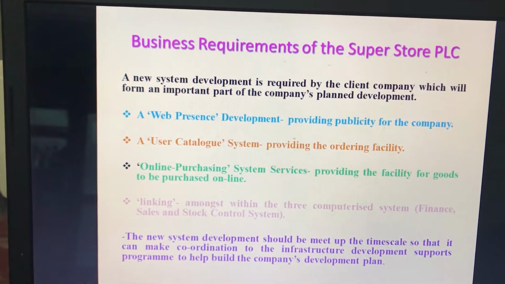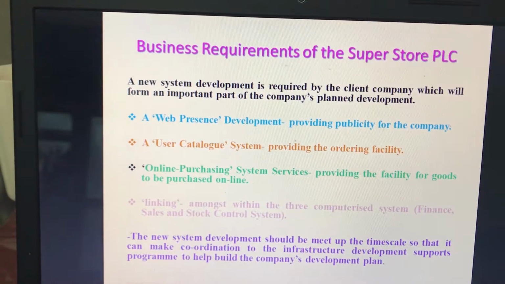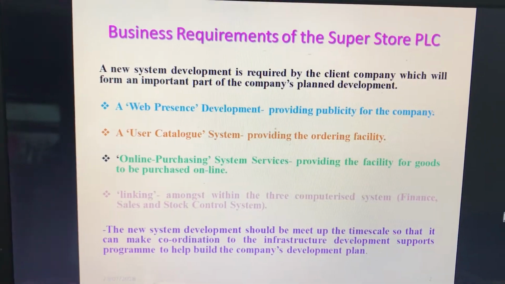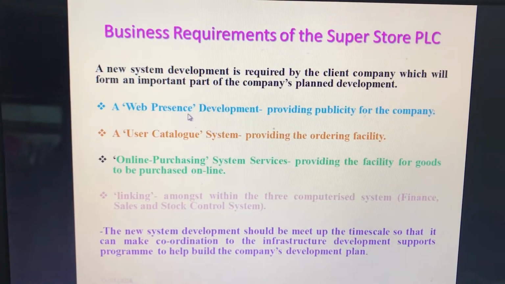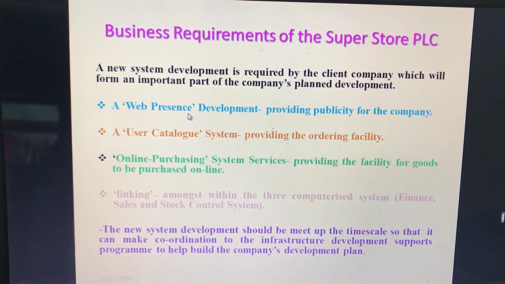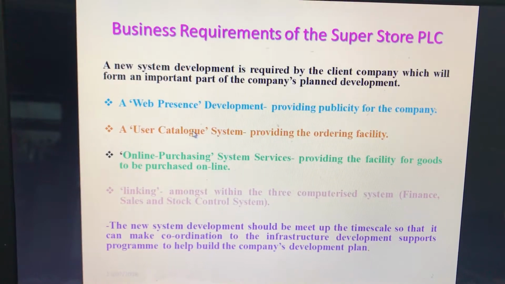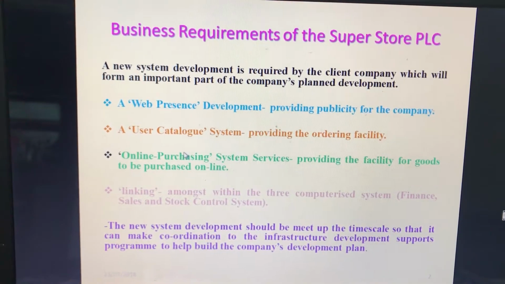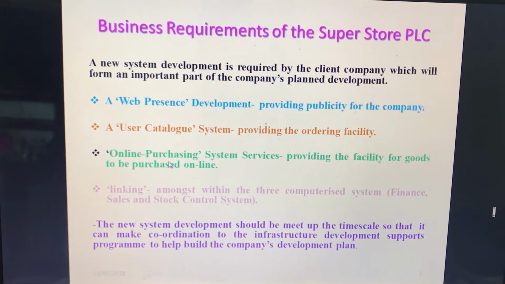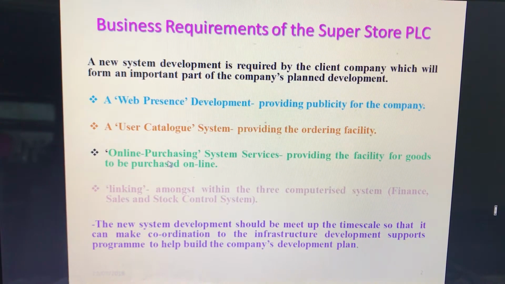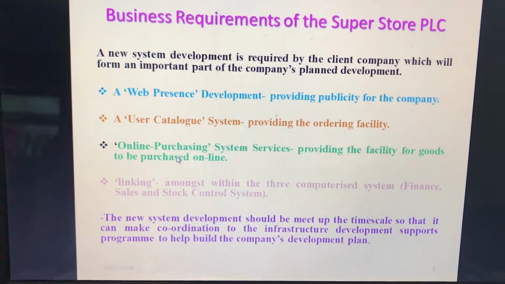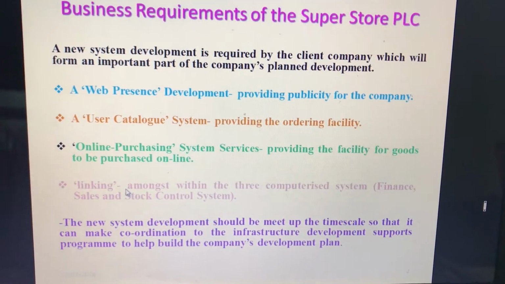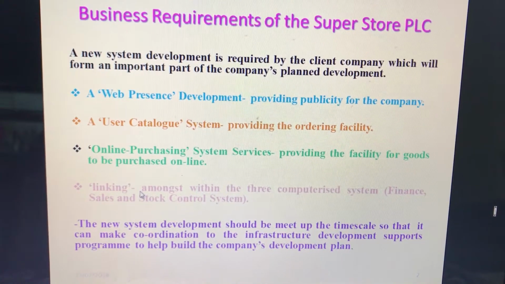These are the business requirements required by our client company, Superstore PLC. Web presence development, which will provide publicity for the company. A user catalog system development, which will provide the ordering facility to the customer. Online purchasing system services development, which will provide the facility for goods to be purchased online. And finally, the linking amongst the three computerized systems of the company, which are finance, sales, and stock